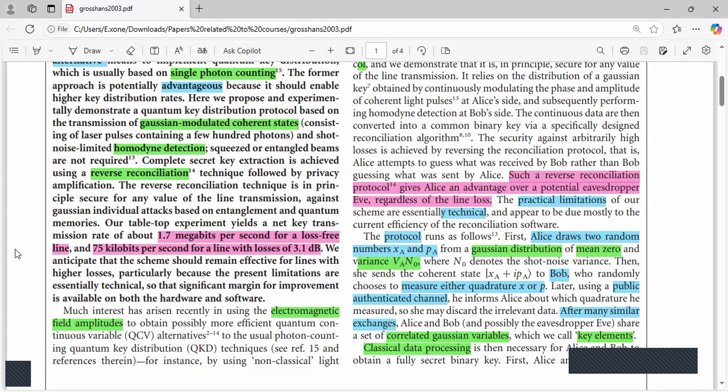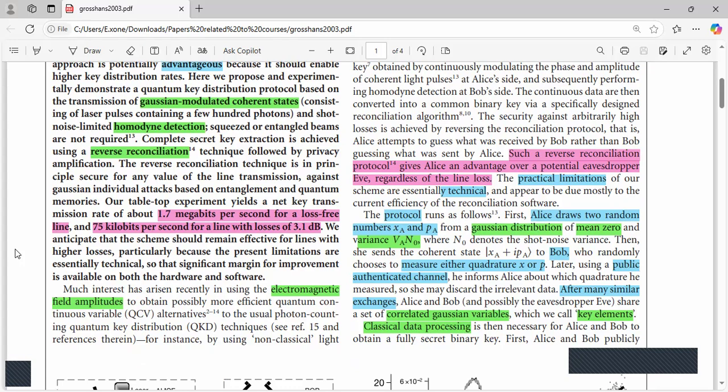to estimate the Gaussian modulation of Alice on the coherent state rather than to control the entire error introduced by Bob's apparatus. So this gives some advantage to the reverse reconciliation over the direct reconciliation scheme.